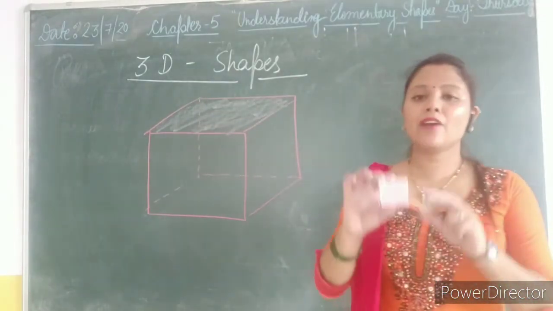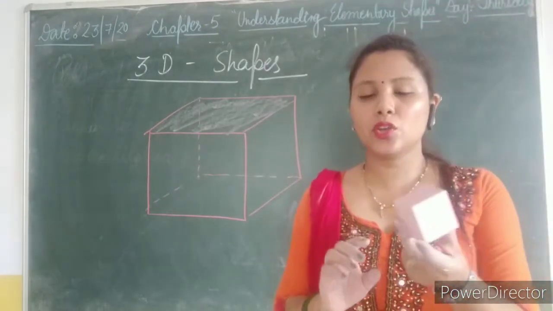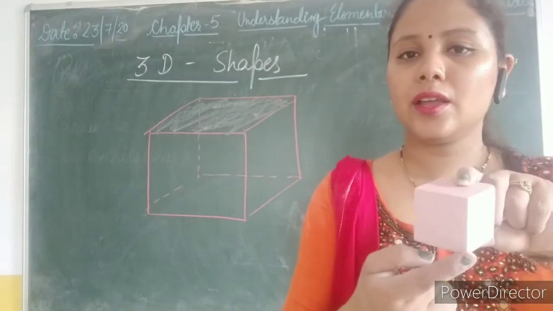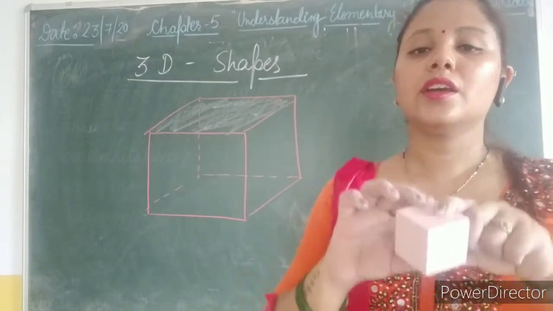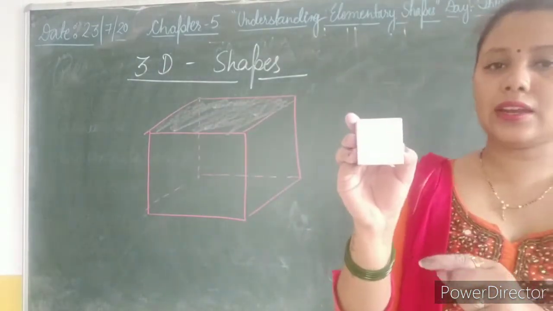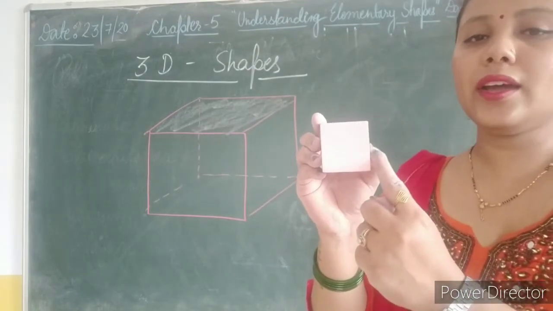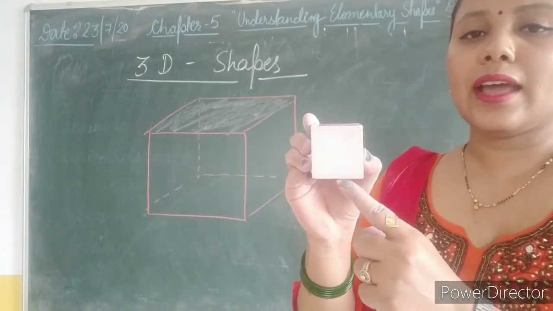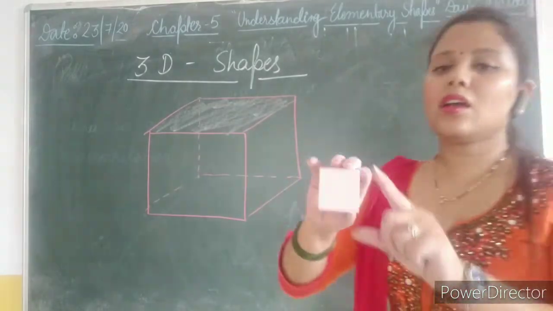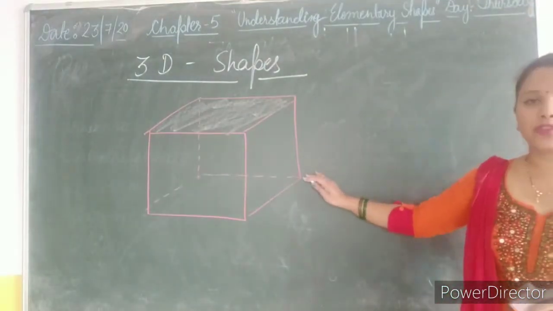Okay, so here I have an example of a 3D shape, a cube. Okay, it's an example of a cube which is a 3D shape. So here we have length, breadth and height. So it is your 3D shape, and this one is the face. Okay, so आपको यहाँ से दिख रहा होगा, that is a square. Okay, this one is length and that is the breadth of this square. So when square comes in 3D shape, that's called a cube. This is the diagram of cube.